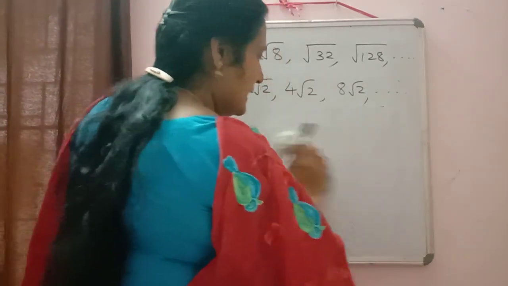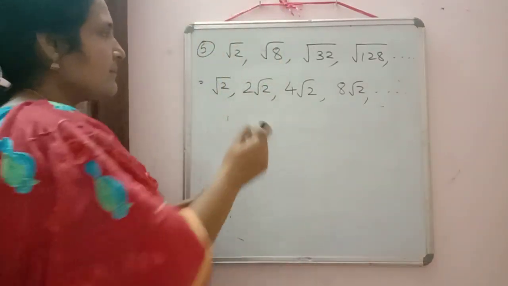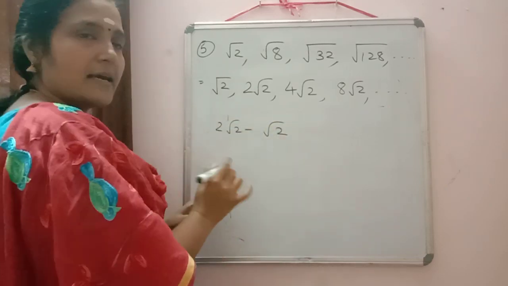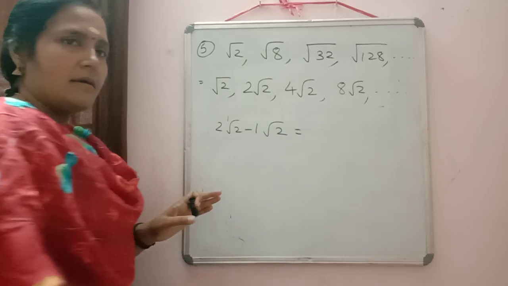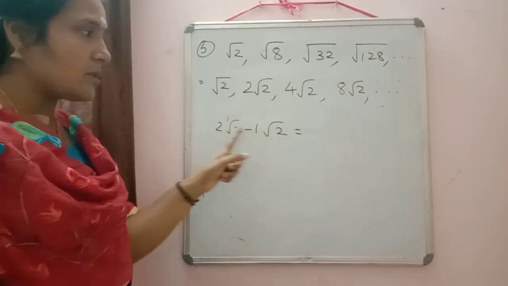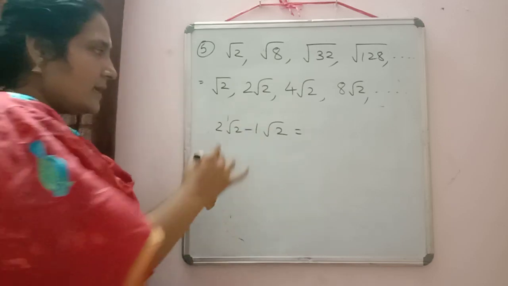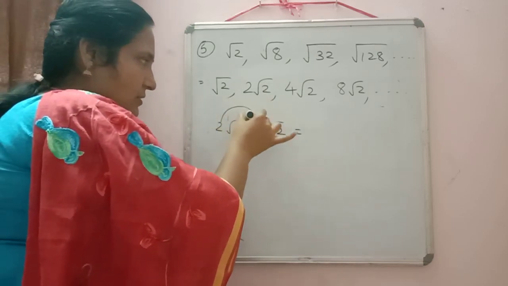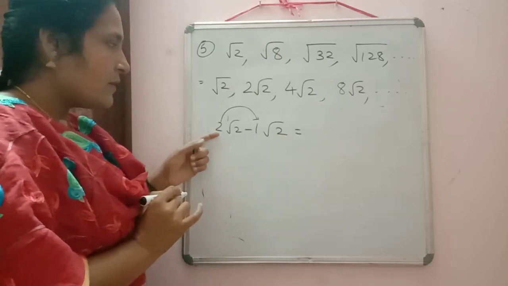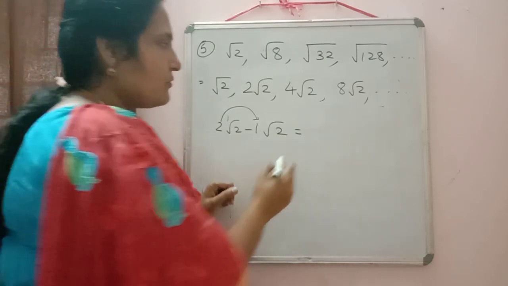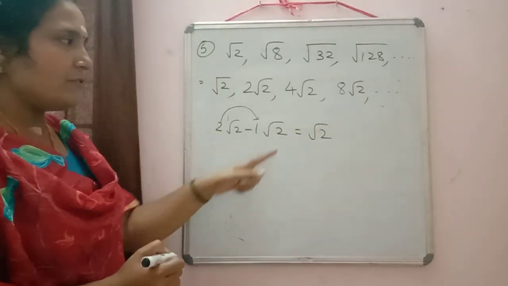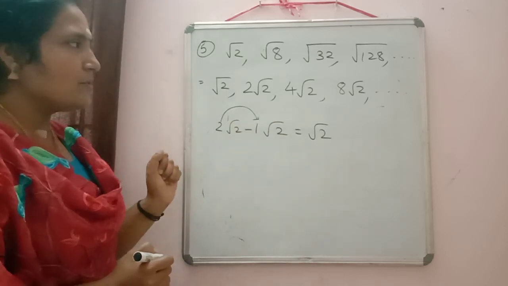Now we have to check whether they form an AP or not. So again we will do the difference there. So first one is 2 root 2 minus root 2. If nothing is there, it means here we have 1. And normally in case of irrational numbers, if the same numbers are inside the square root, then we just do the addition or subtraction of the numbers outside. Root 2 will remain the same. So 2 root 2 minus 1 root 2 will be equal to root 2. 2 minus 1 is 1. If you want, you can write down 1 root 2 there.